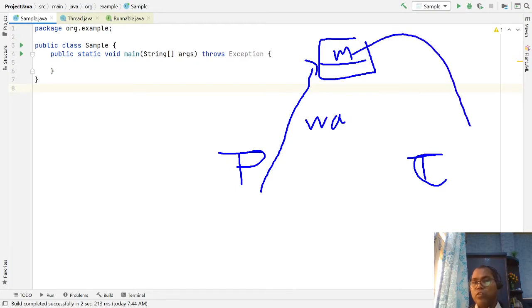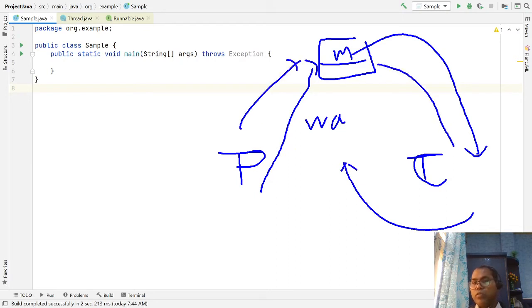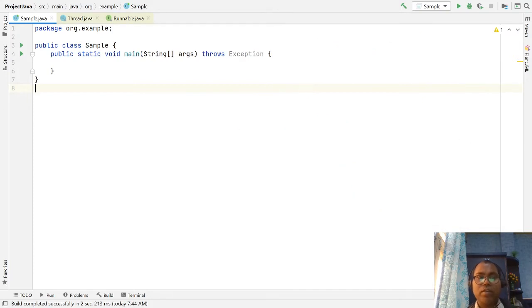When the consumer consumes the message, it has to notify that it is done. Then the producer again produces a new message, and the consumer consumes again. In this way the producer and consumer wait and notify functions work. Let's write the code and then we'll visualize.